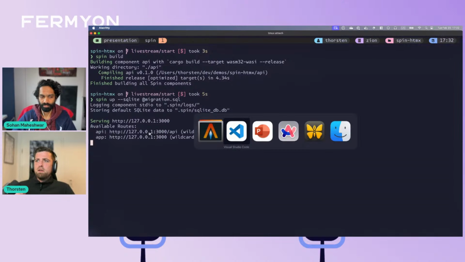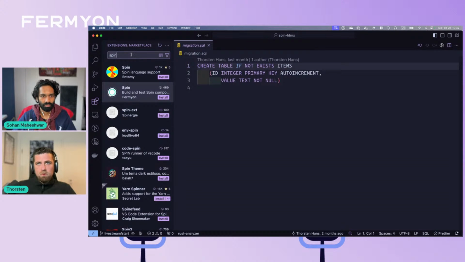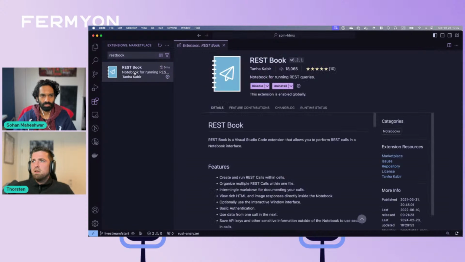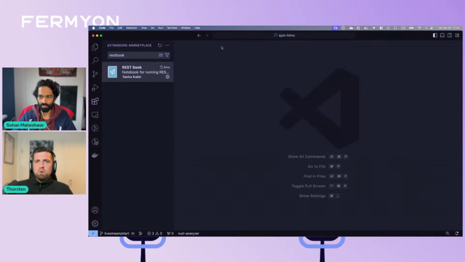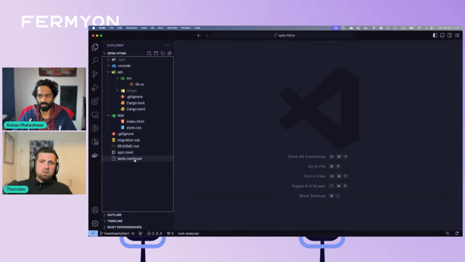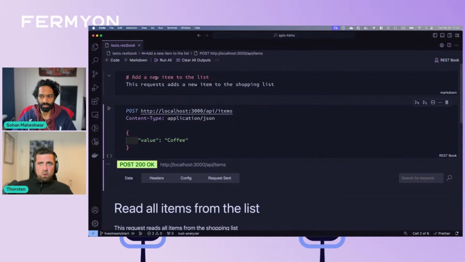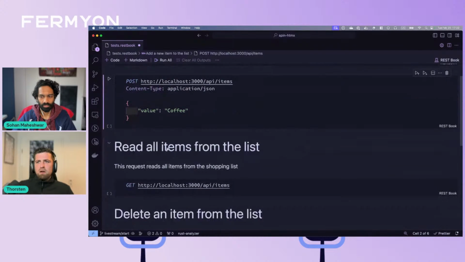So before we take a look at the app, I have installed an extension in VS Code over here called, I think it's called RESTbook. Yeah, RESTbook. And RESTbook allows you to create .restbook files, which is basically something like Jupyter Notebooks just for HTTP requests, where we can mix and match Markdown and HTTP requests. So if we, for example, let me clear all the outputs, read all items,